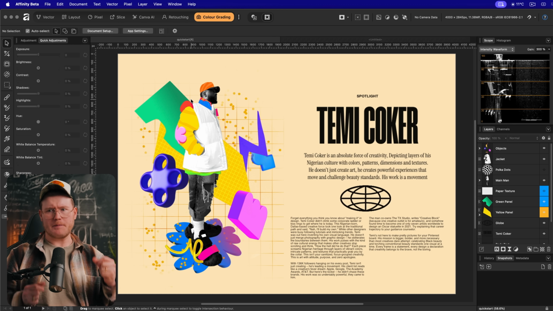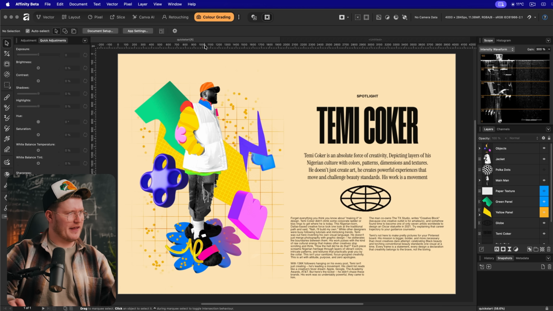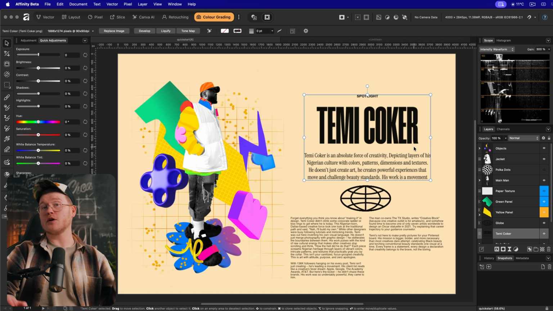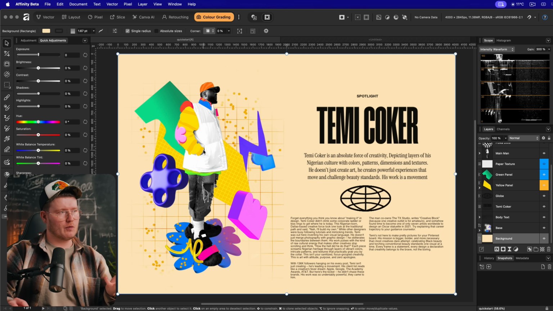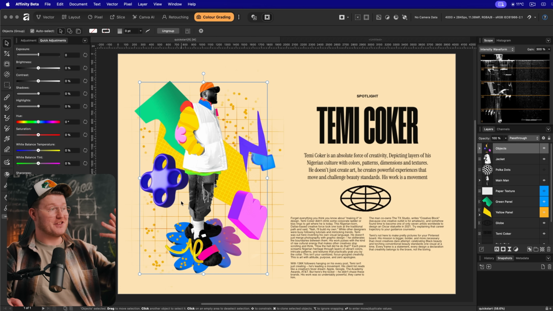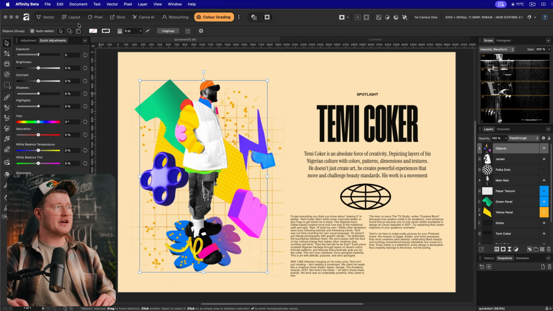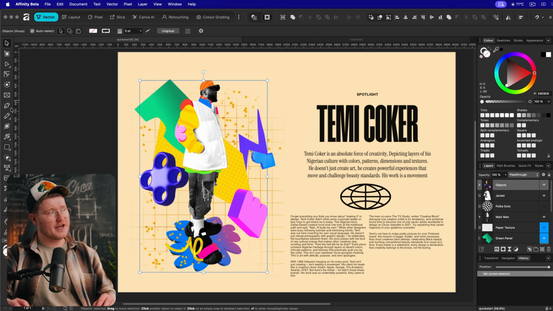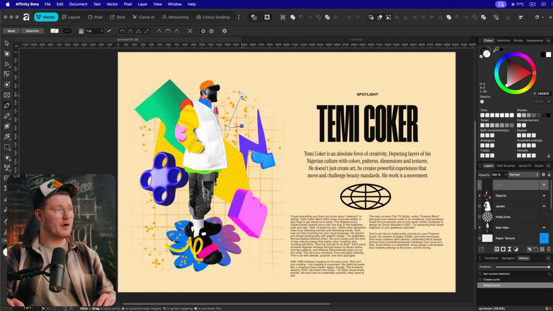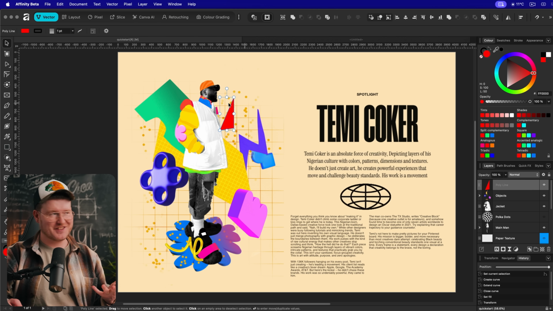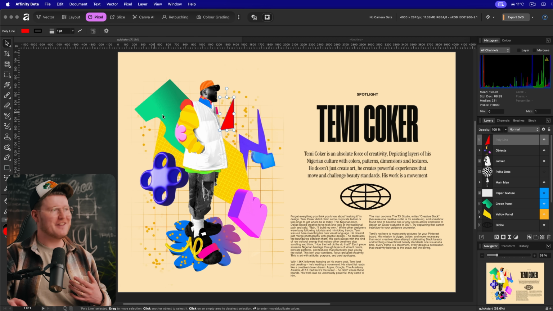Now you might be thinking, can I work on something like this at the same time as working on the type? Yes. You can work on 2 things at once. The way that Affinity works is that we can actually take this poster and this layout and do it in one app. So if I wanted to, I don't know, do some retouching of this vector, I could go ahead and go to vector, and I can add some shapes in here if I wanted to and go wild with this. But when I want to add some texture to this, I could go to the Pixel Studio,